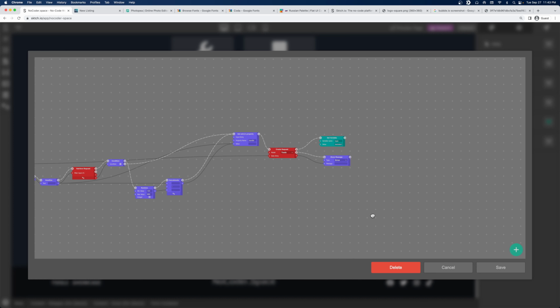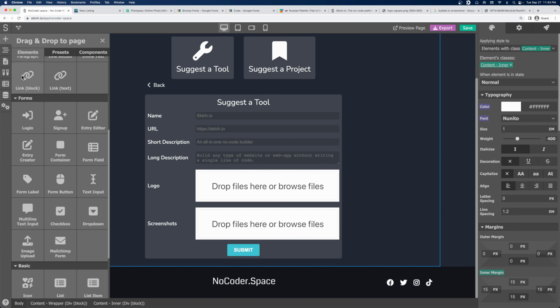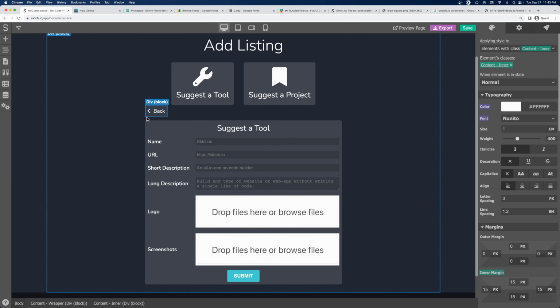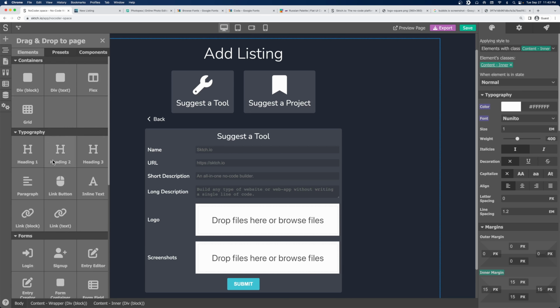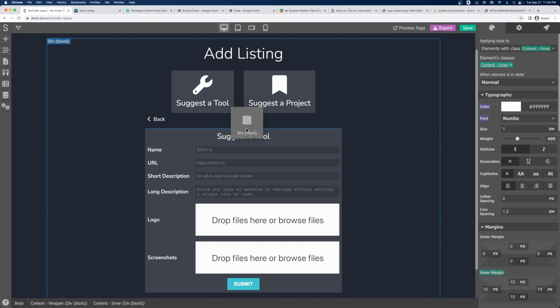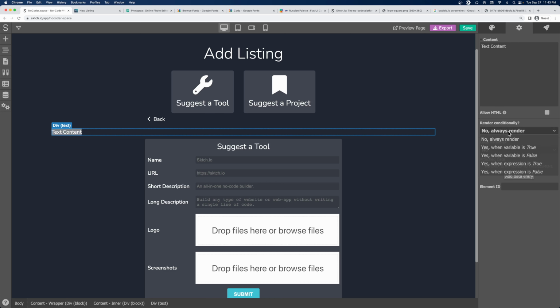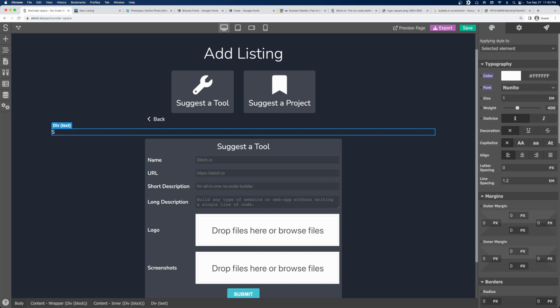So now let's create this message. So let's add it here. So this should only be shown when an expression is true, and that expression is that the type equal success tool, right? And we can call it the